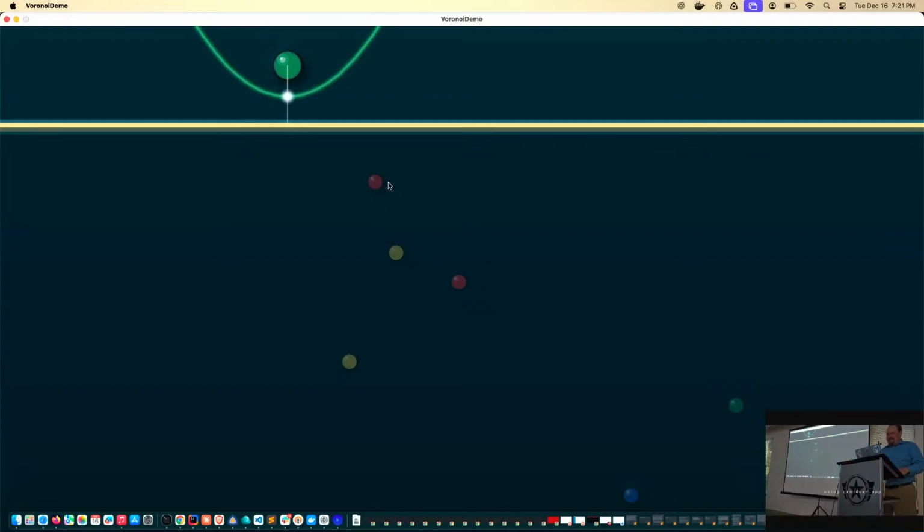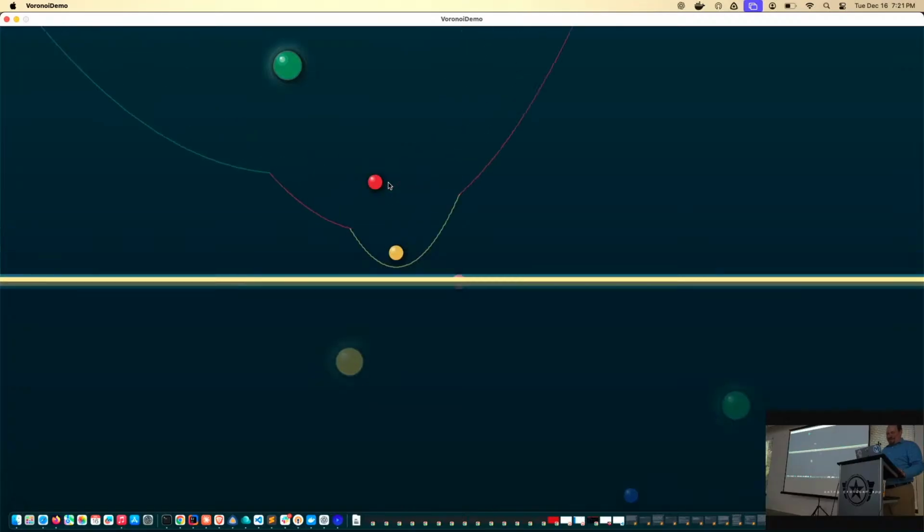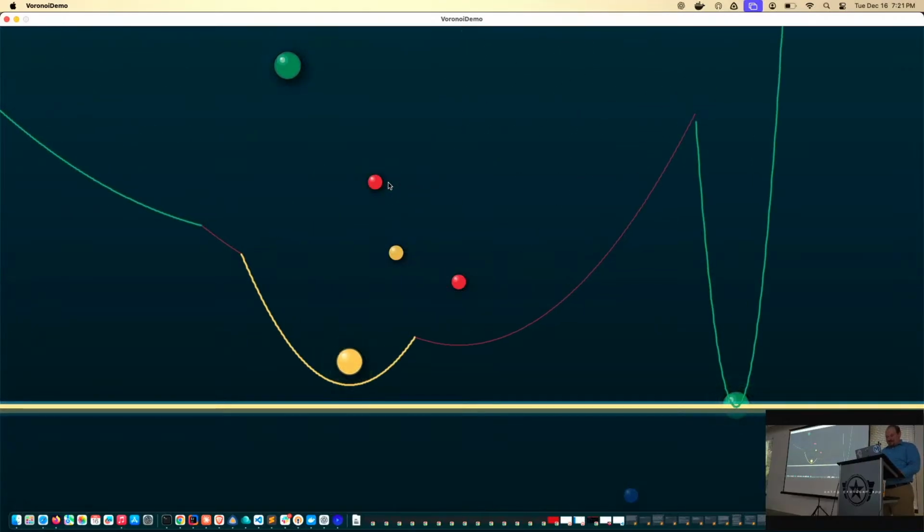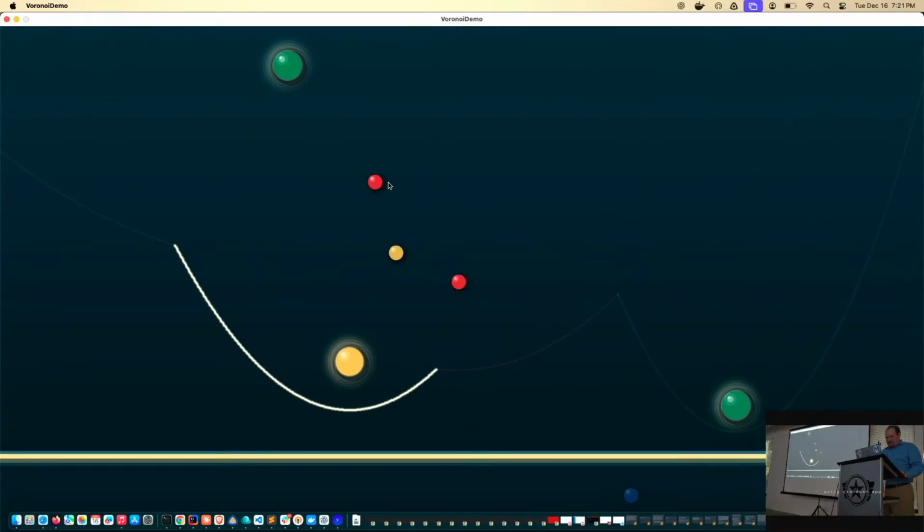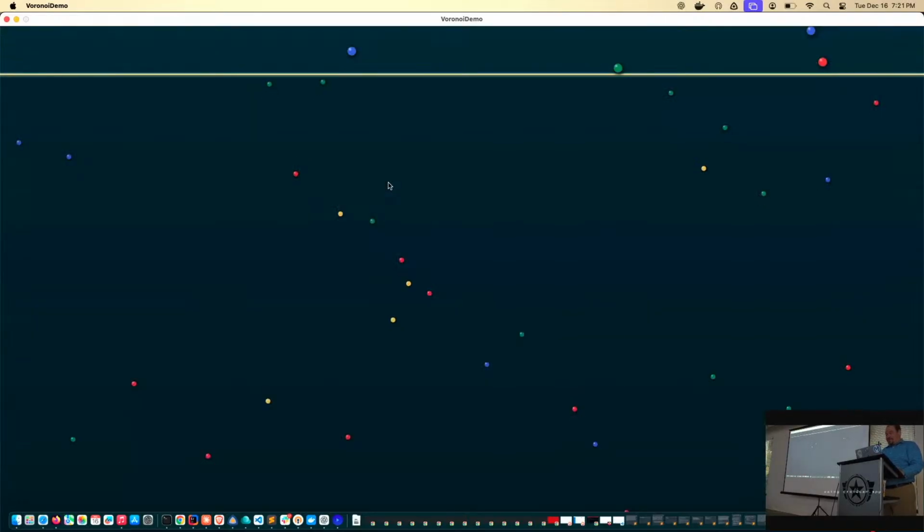I decided to be ambitious and draw all the points in the middle and got myself a whole bunch more degenerate cases that most people don't run into is what happened to me. So, yeah. And here I was trying to get it so I could show you guys where it would disappear, and I'm not selecting the right arc, and so this is my latest bug I'm working on. Yeah, visualization is more difficult than just execution. Which I didn't expect coming in. I thought it would be the same, but